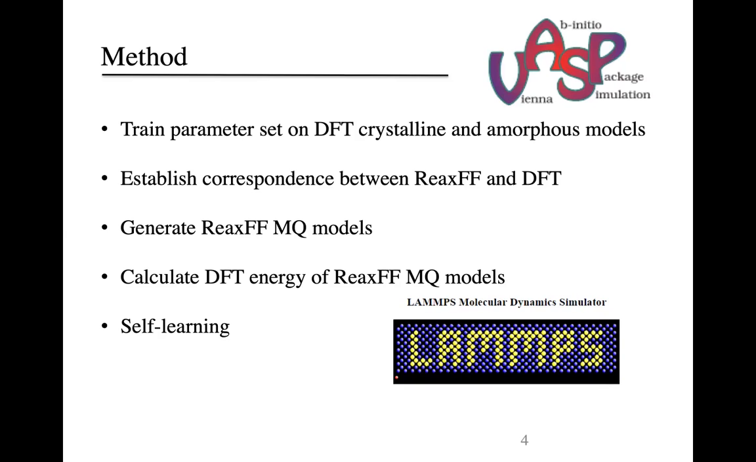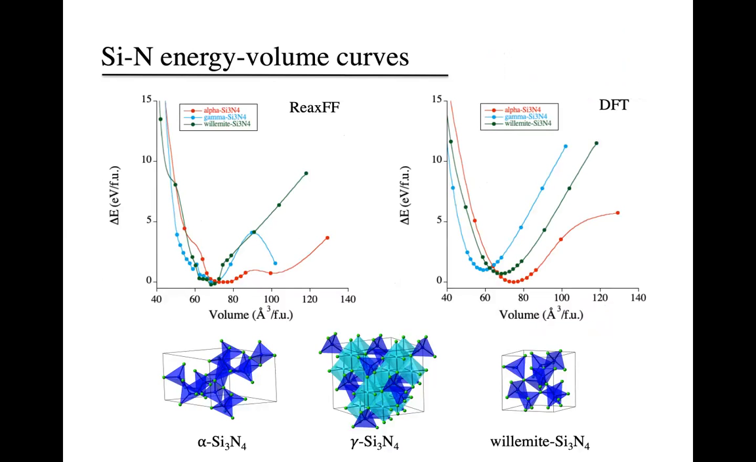Then we generate melt quench models in ReaxFF through molecular dynamics simulations in LAMMPS, and we map these models to DFT. This self-learning process is used to further improve the ReaxFF parameters. We also include dynamical processes and reactions within the training. Since we seek to investigate the polymer to ceramic conversion process, we check how well our parameters reproduce the properties